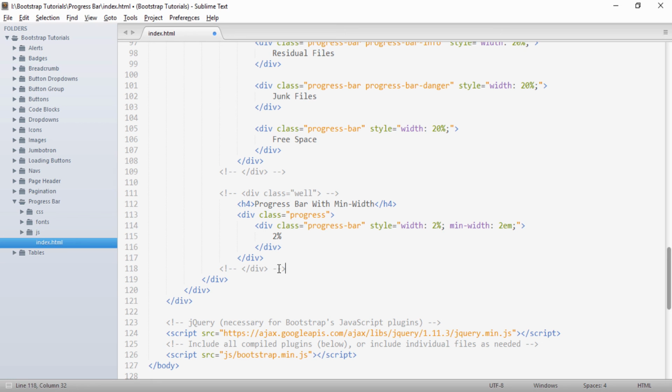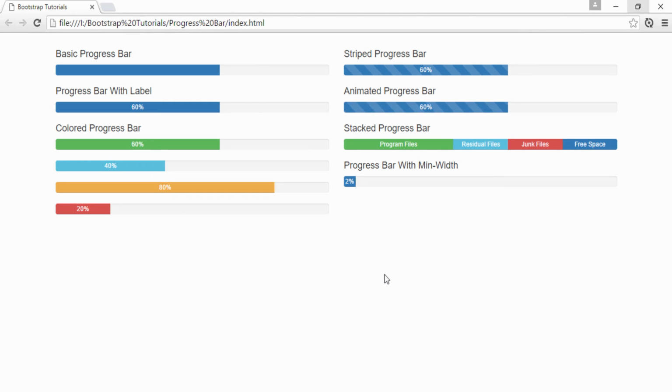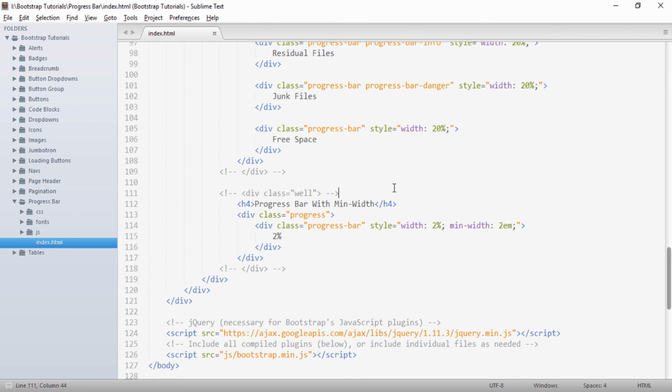If I save it and go to the browser, you can see this is how this progress bar looks. Friends, this was all about the progress bars.